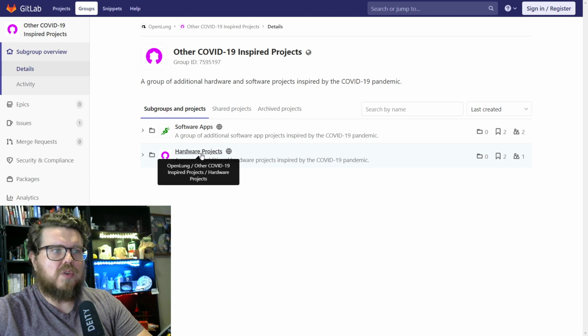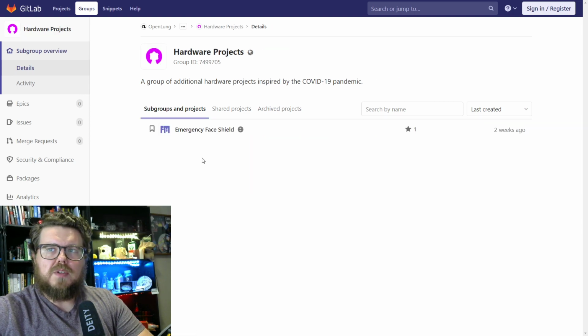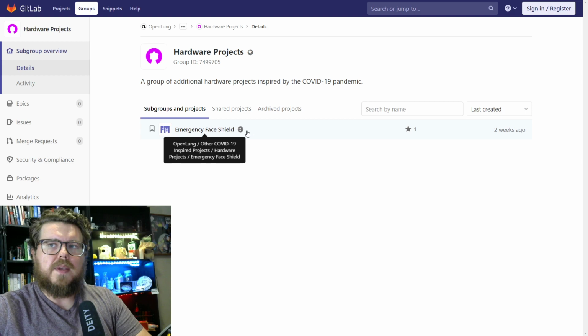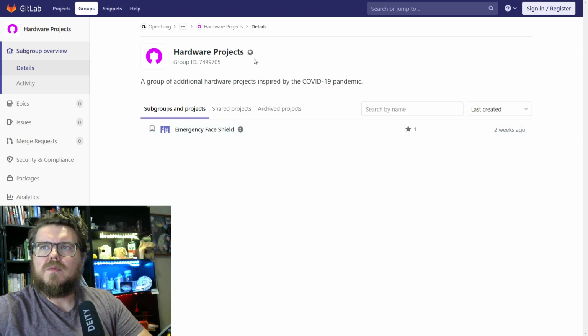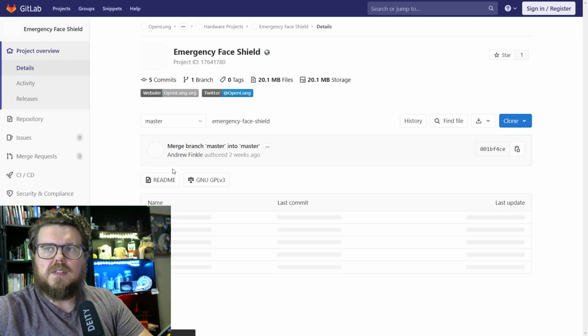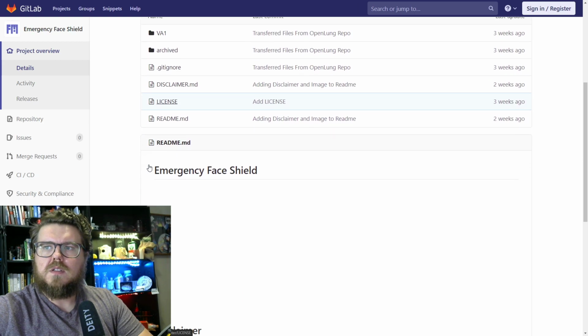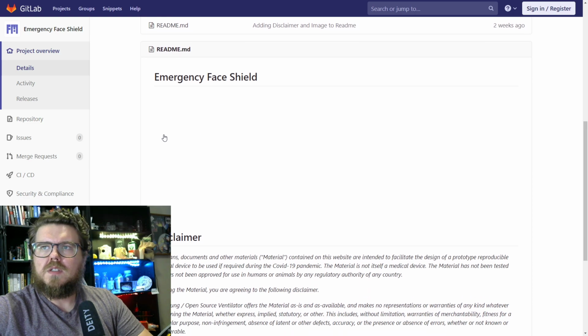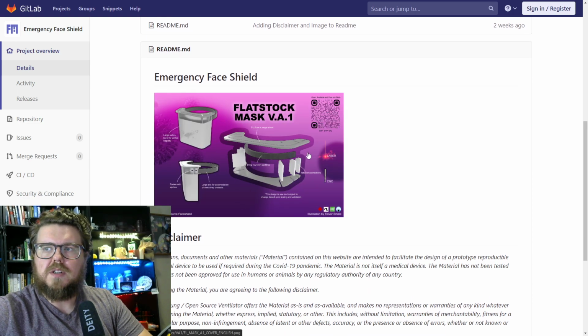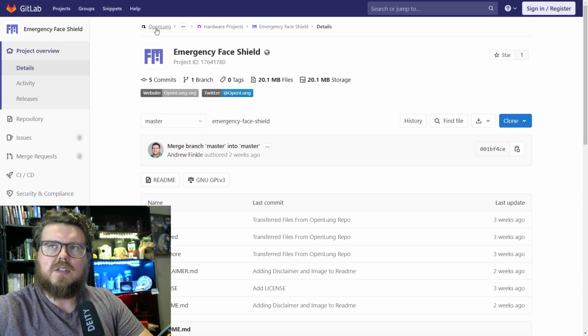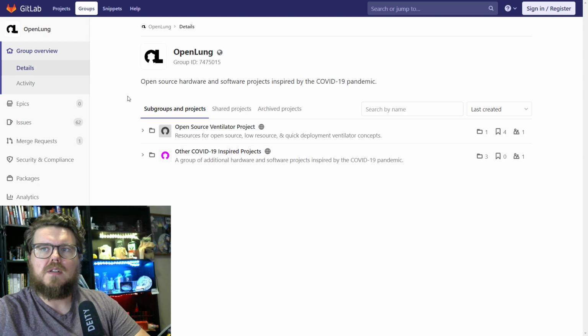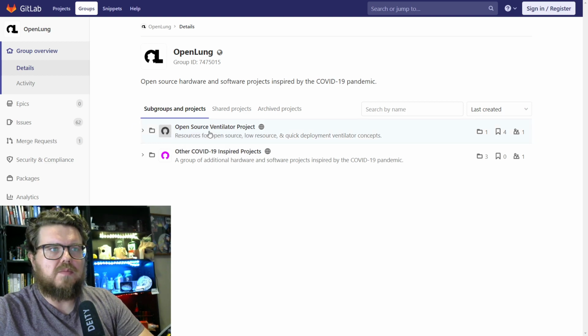apps and hardware projects. So for example, if we go into hardware projects, we can see we have some designs for an emergency face shield that could be laser cut. Let's click in there and see what we have. And I believe, here's an image of a face mask design that was created by Trevor Smale in March of 2020. So if we go back to our main group page for OpenLung, and let's explore the ventilator project